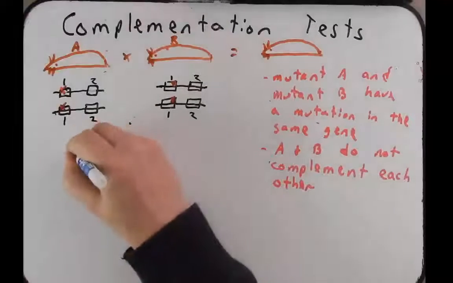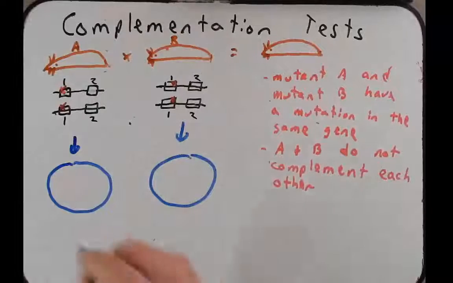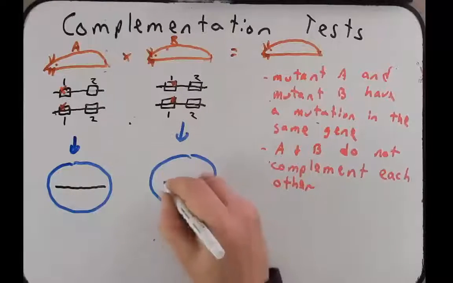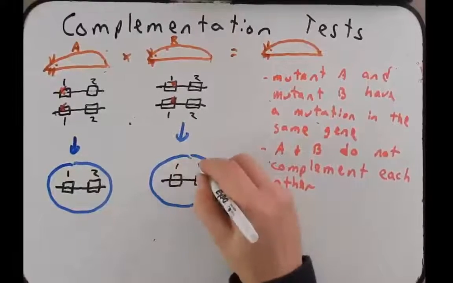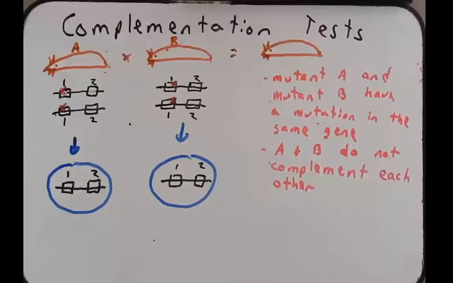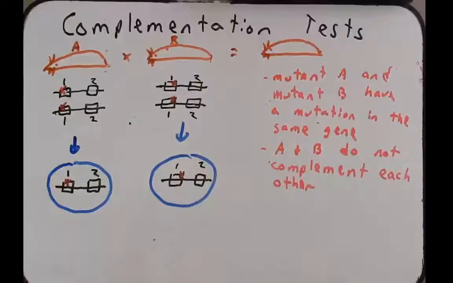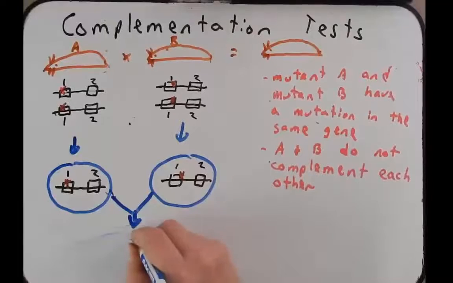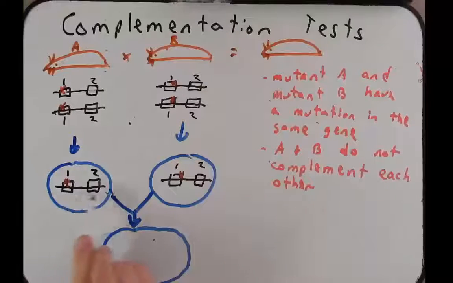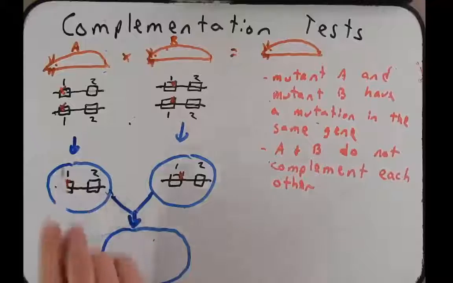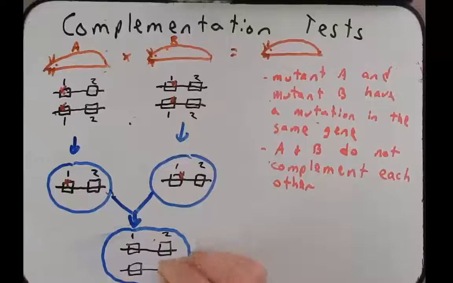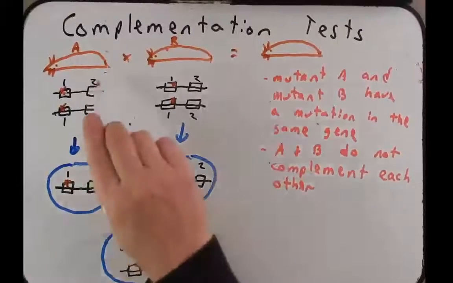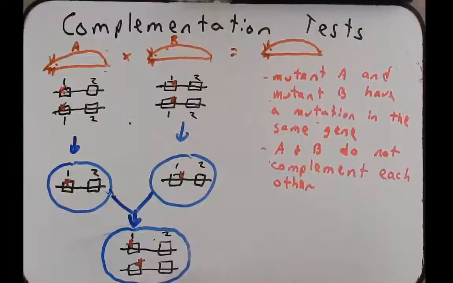Well, let's think about what the gametes look like. Each of these are going to make haploid gametes, so they're going to have one copy of gene 1 and one copy of gene 2 in them. And because the parents each had gene 1 mutated in them, in the gametes, they're also going to be mutated in gene 1. When they fertilize each other, to make the fertilized zygote, it's going to take this set of gene 1 and 2 from mutant A, and then it's going to take this gene 1 and gene 2 from mutant B. And as you see here, this progeny resulting from A and B lacks a functional gene 1, and